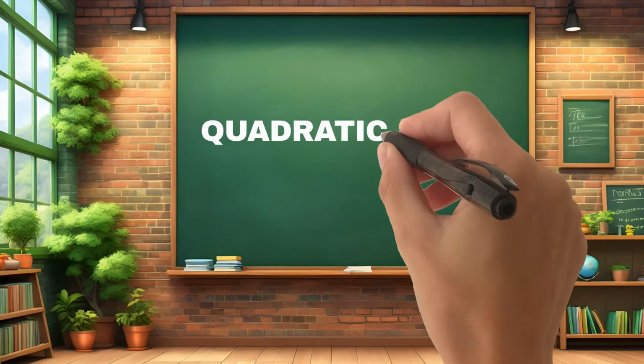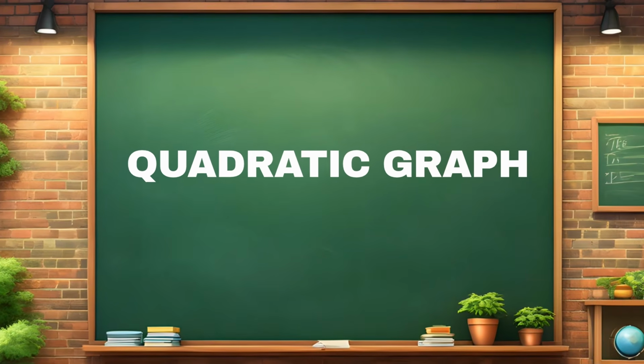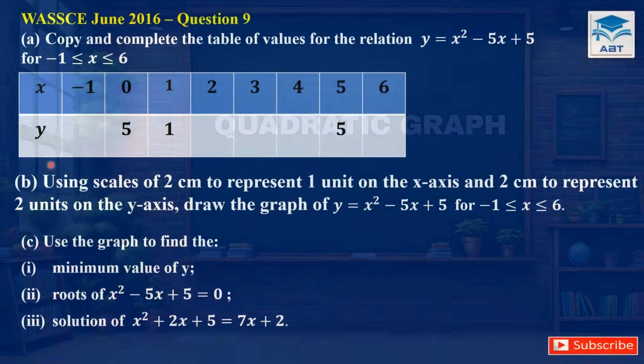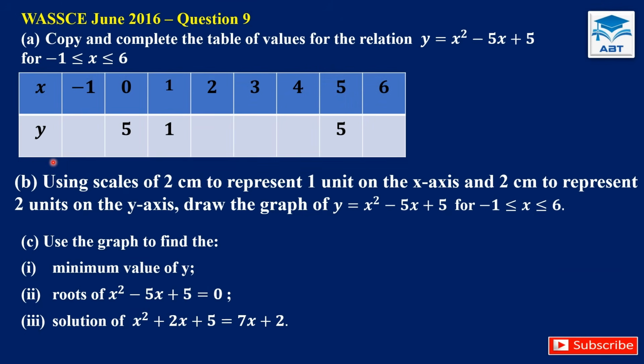In today's lesson, we will learn how to draw the graph of a quadratic function, find the minimum value, and determine the roots of an equation. Let's use this as an illustrative example. Copy and complete the table of values for the relation y is equal to x squared minus 5x plus 5